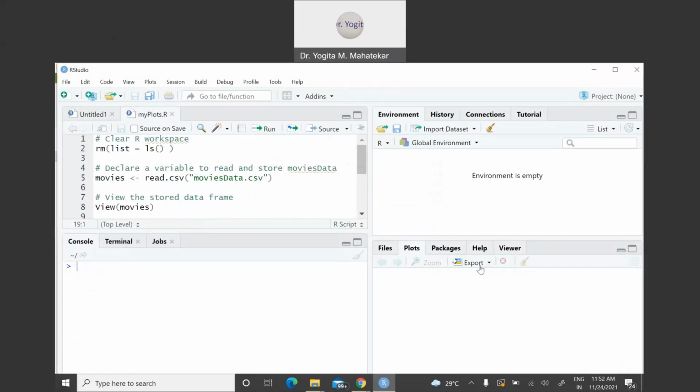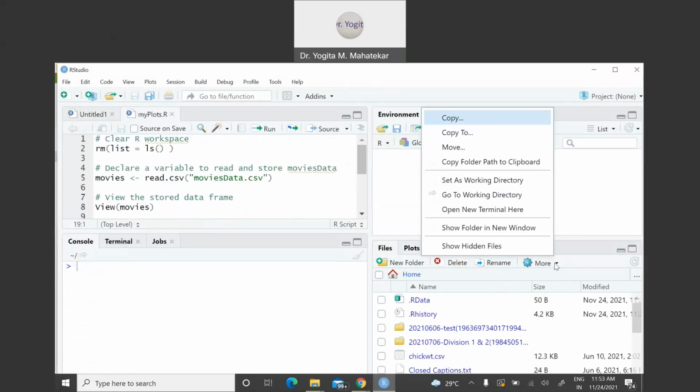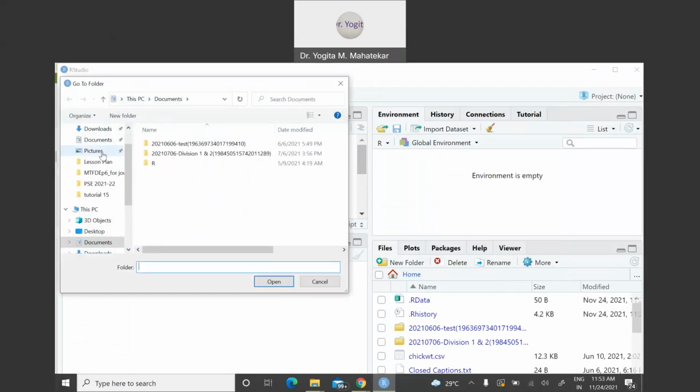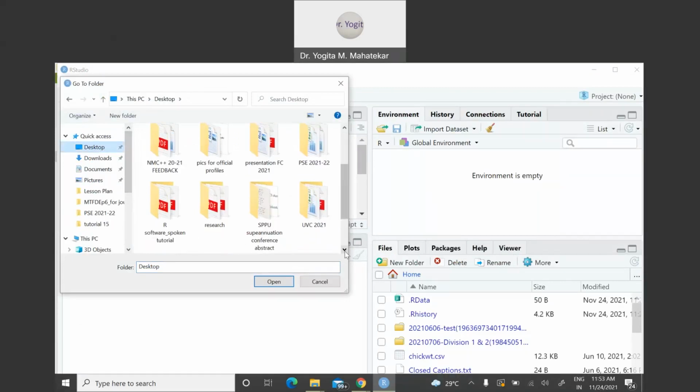So let me just first go to the files and plot windows. Here we will first of all choose the folder that we want to set as the current working directory. Otherwise it will not work for the script file that I have opened in the RStudio.